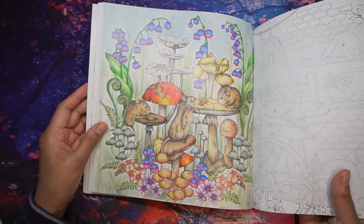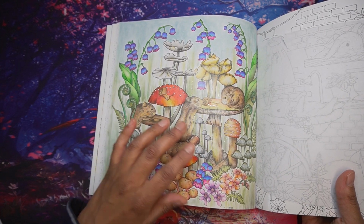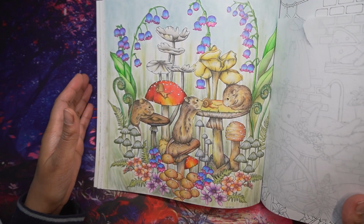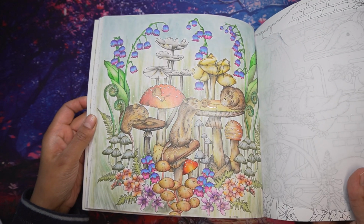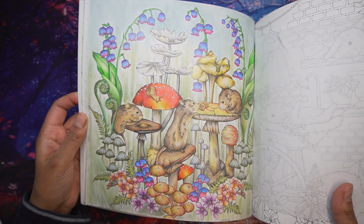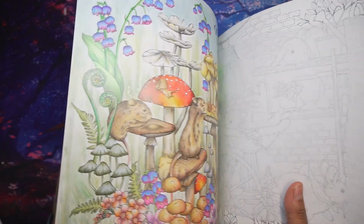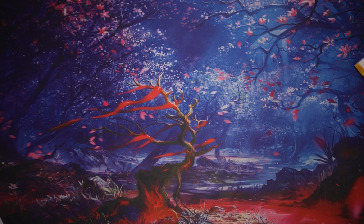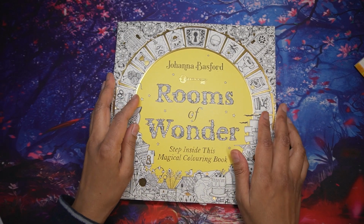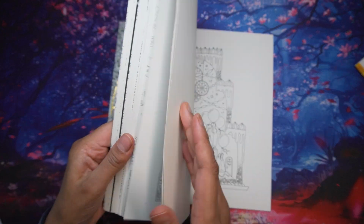I used Polychromos on here, it works wonderfully. I'm really happy how I've got the fur done. I just love it. I think my pencil work on here is really good, and I'm really proud of it. So that's what I like about that image. I could not have not chosen that. And I really need to get back to her books because her art is stunning. And then my final favourite page is